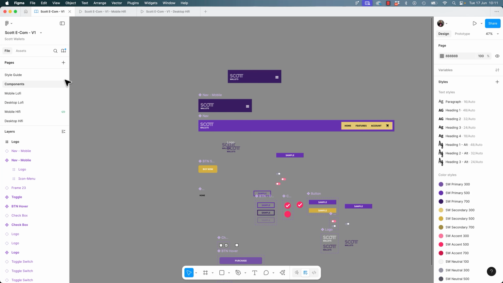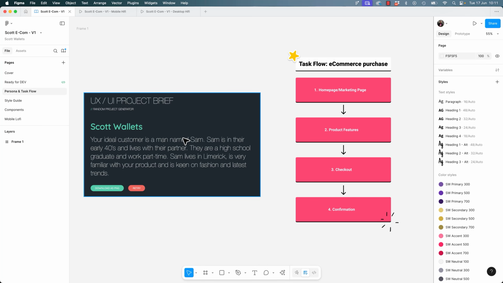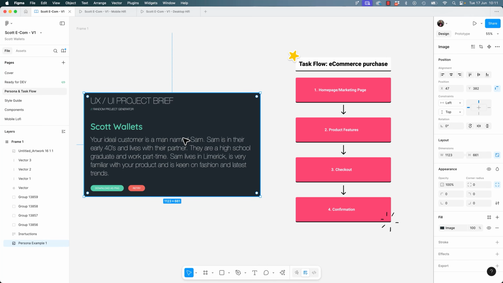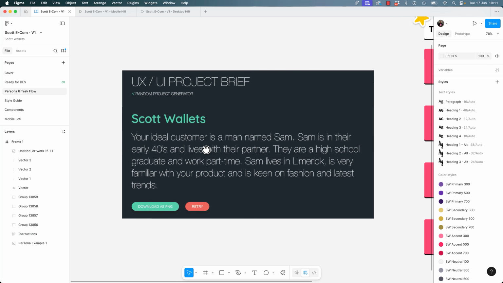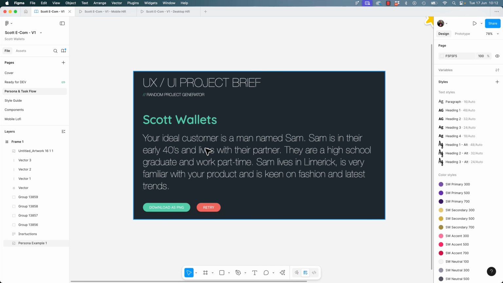So why are we building this? We are going to work with this. We're going to start with a brief that has what we're doing and a persona, and we're going to build out this thing called a task flow. So basically, let's talk about this. In the next video, everyone's going to get their very own unique brief. So we're all building something slightly different. You'll get given a product, and you get given a short